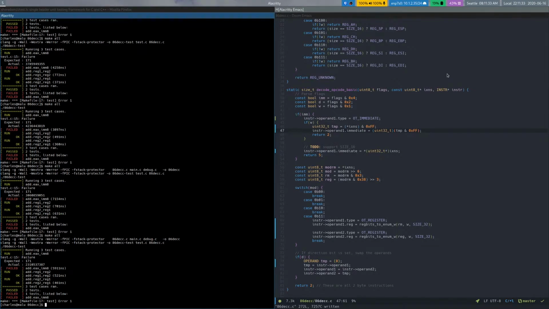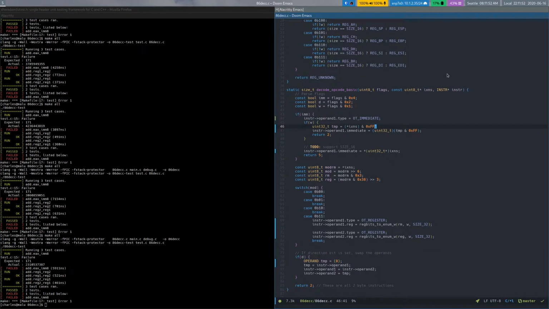How is this? I'm having trouble visualizing what the assembly code for this is. We are setting immediate as a 32-bit value, which is whatever that is ended with FF. So it should be setting it as,